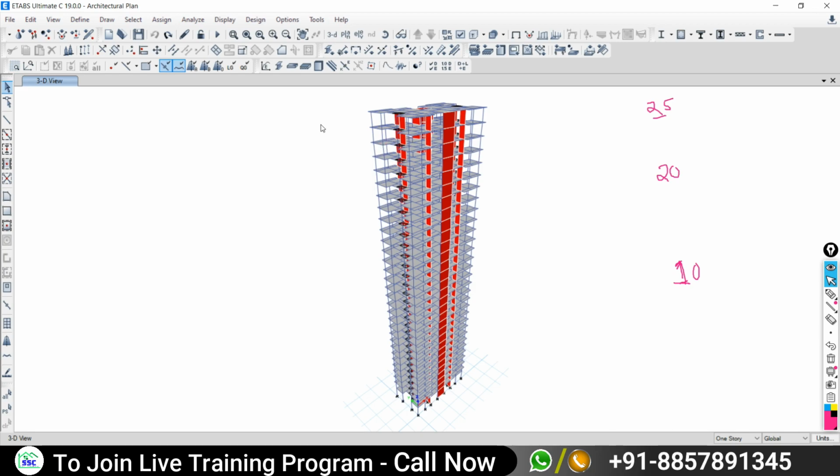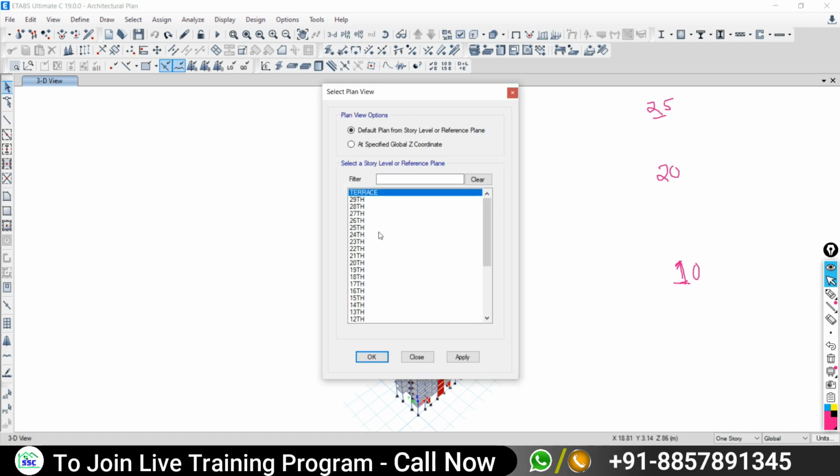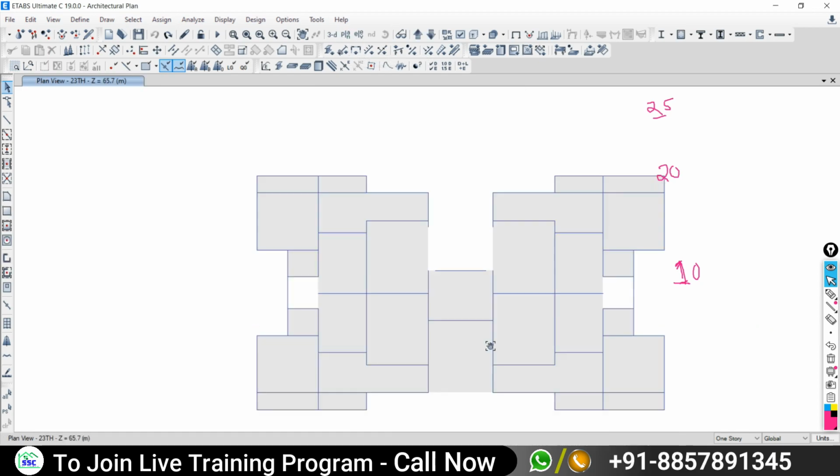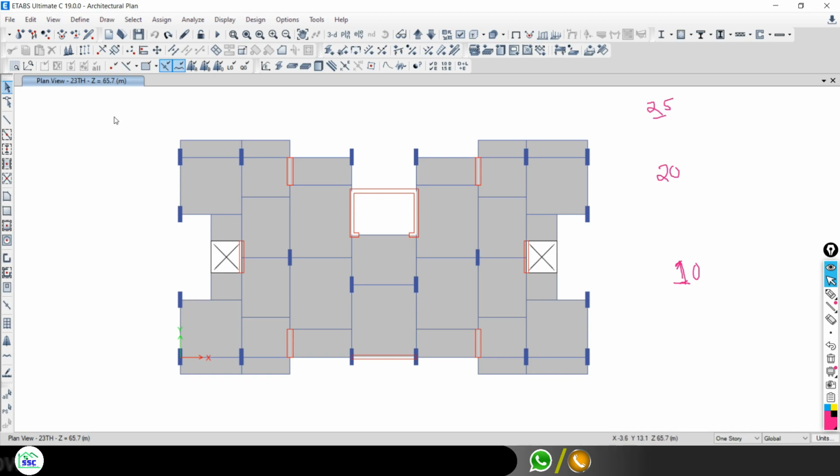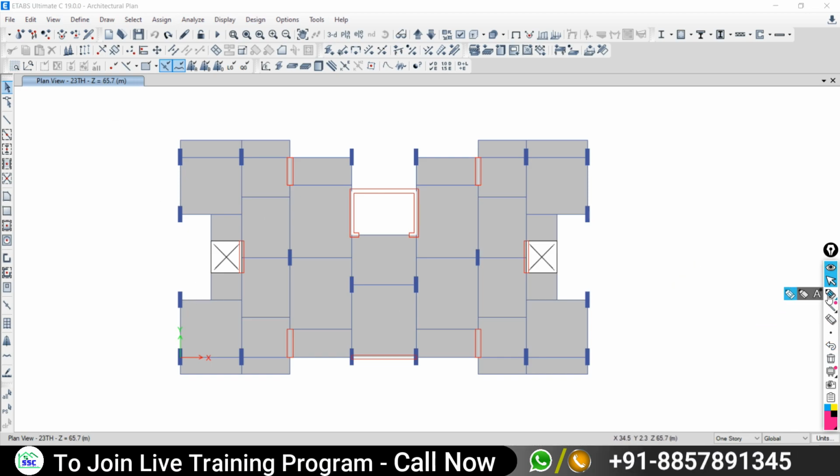But next thing is what? Suppose I want to select everything of the second floor, 8th floor, and 14th floor. How can I do this?